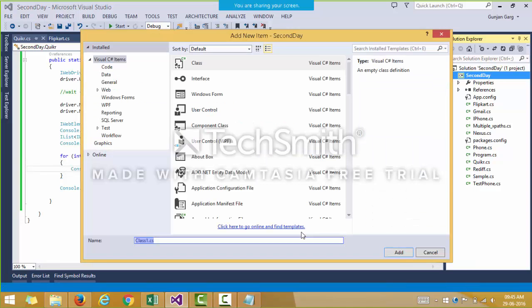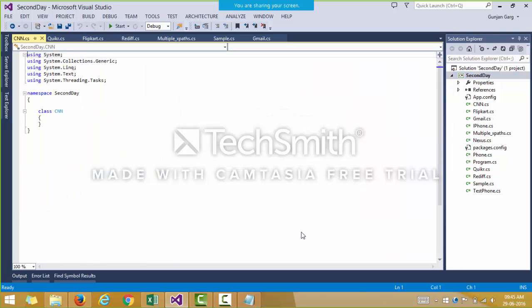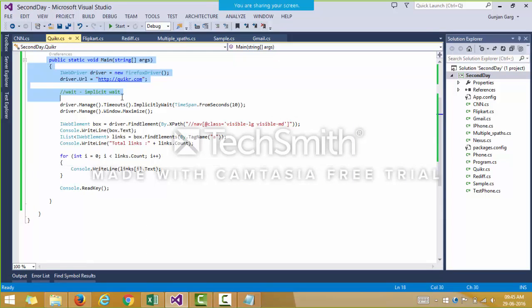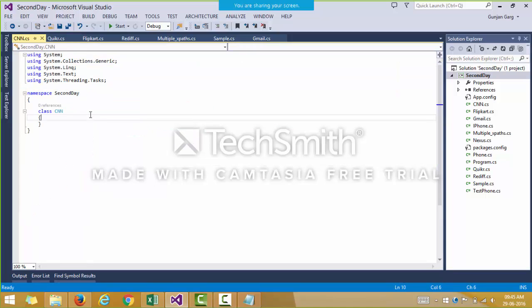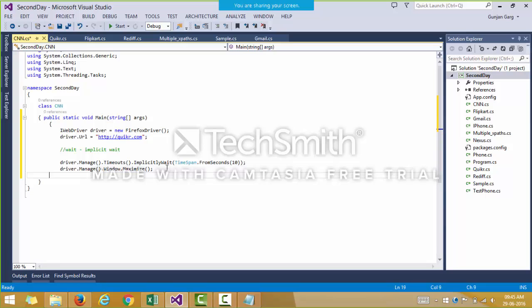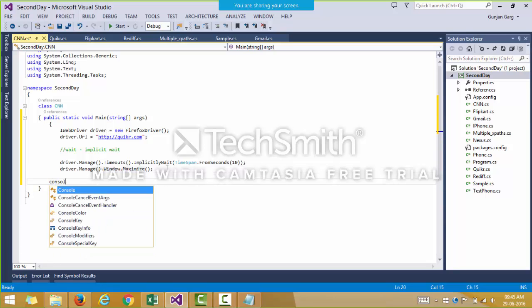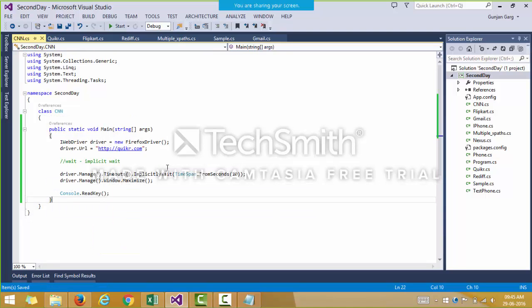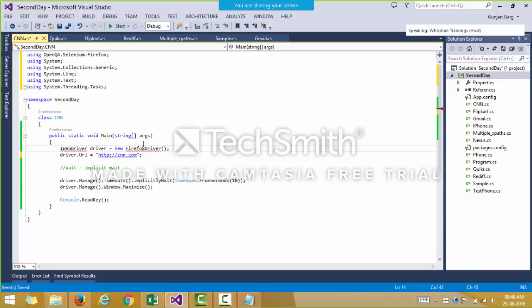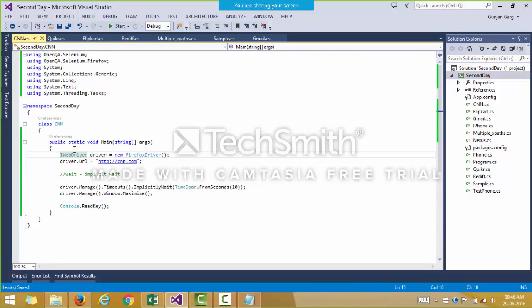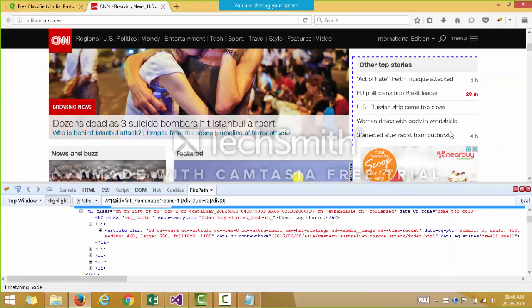I'll create a new class, say CNN, and I'll write the main function out here. And we'll go to the cnn.com website and include the various particular classes for this, right? First of all, we need to extract this outer box.